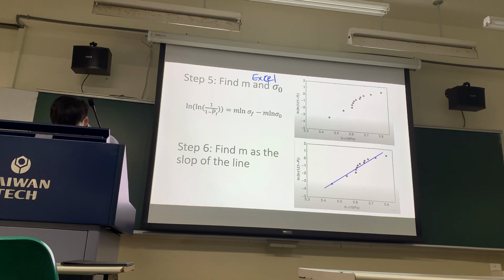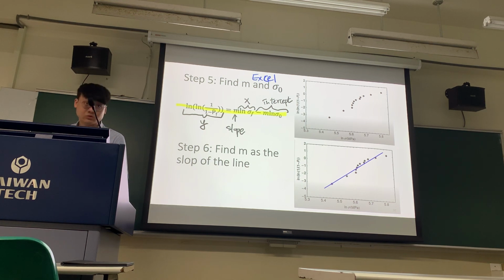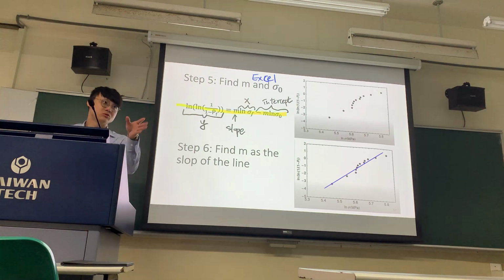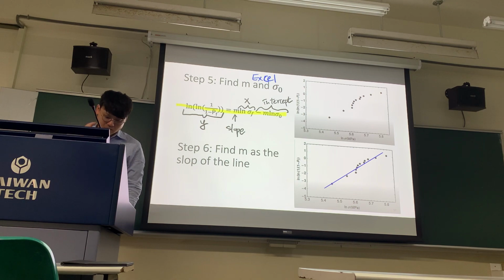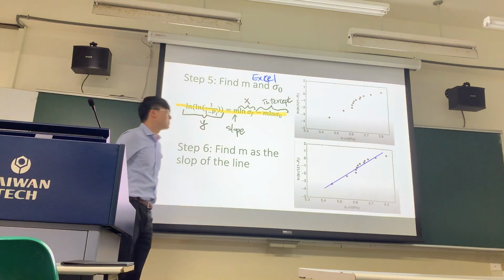So remember, this is the equation that we already derived from the Weibull statistics. This equation shows that this over here is the y value, and this is the slope, and this is the x, and this over here is the intercept. So y equals mx plus b, where b is the intercept. This is basic middle school math, you should all know. So with those 12 numbers